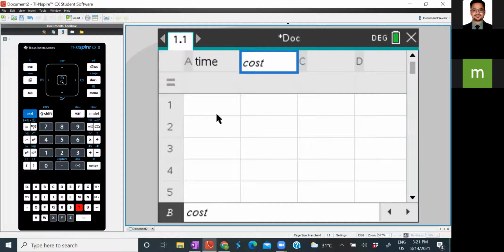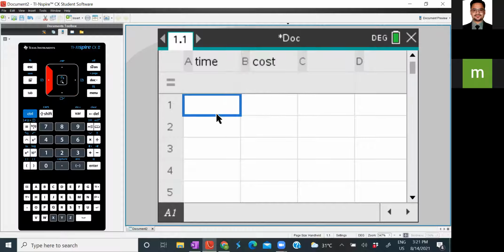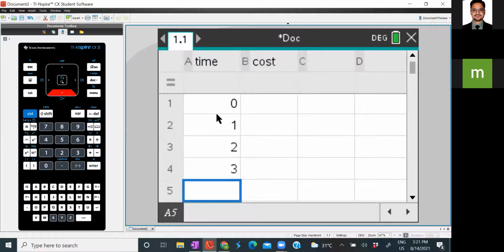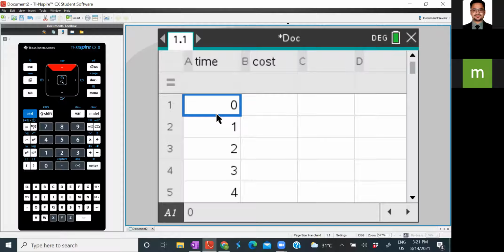So we are trying to find the relation between time and cost. Come down and start inserting your values. Our time started from 0 hours, 1 hour, 2 hours, 3 hours, 4 hours, and 5 hours. You can simply do this by typing the number and then pressing the down key.